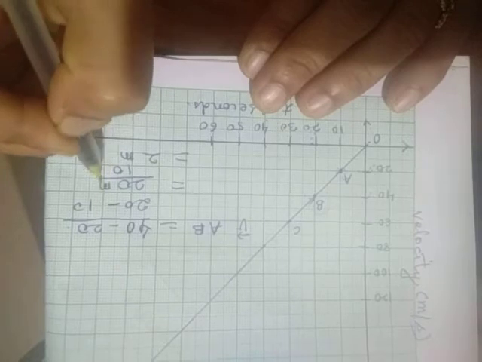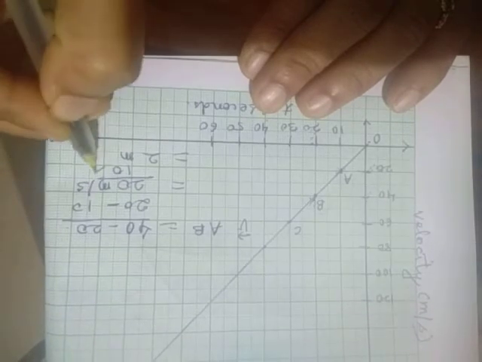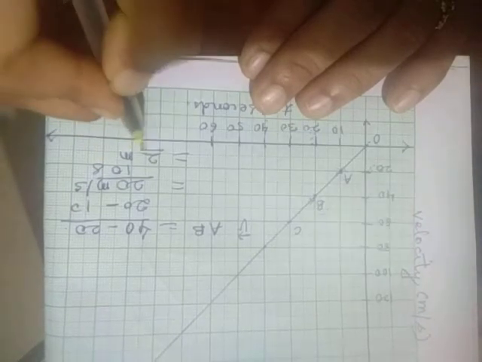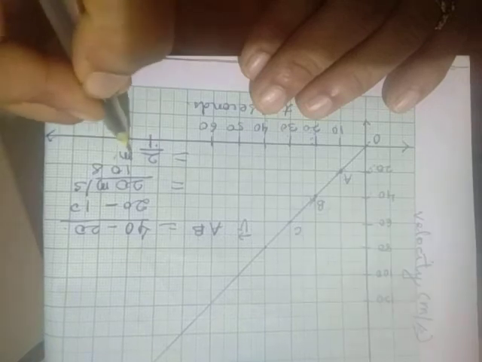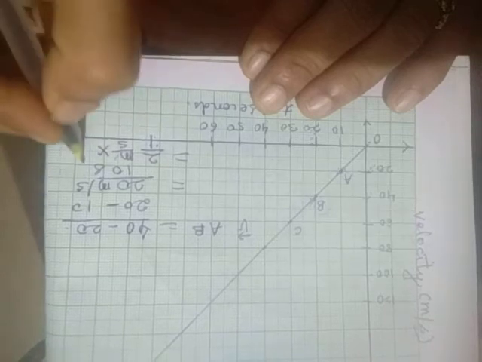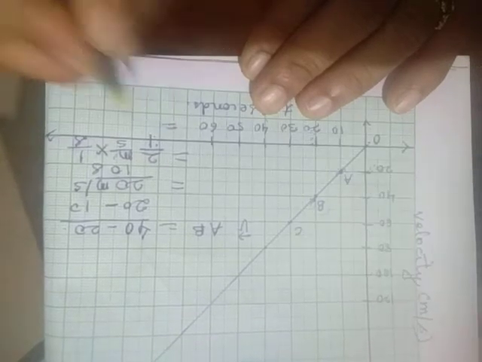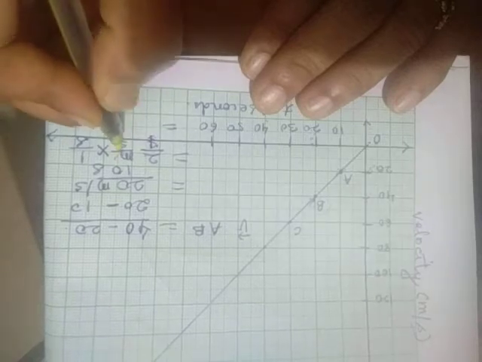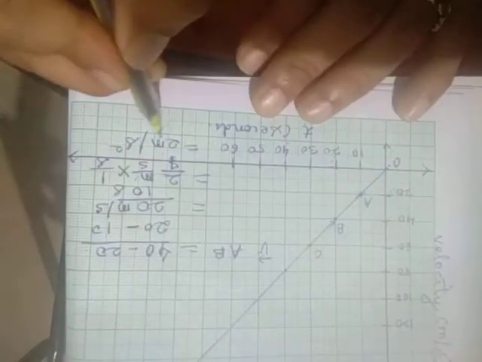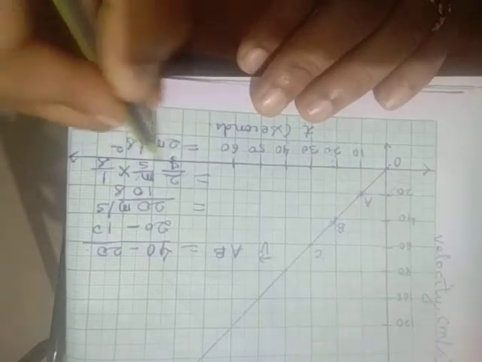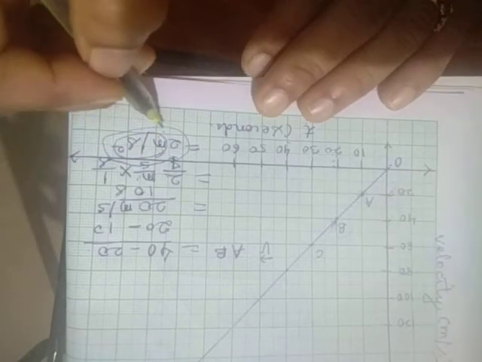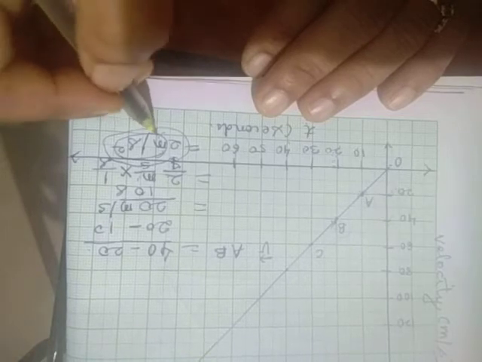Here the velocity is measured in meters per second and this is in seconds. So when we write it, it will be 2 upon 1, meters per second, and this second gets multiplied as 1 upon second. And what we get is 2 meters per second square. Now you must know that 2 meters per second square, isn't this unit familiar to you? Yes, it is familiar because it is the unit of acceleration.